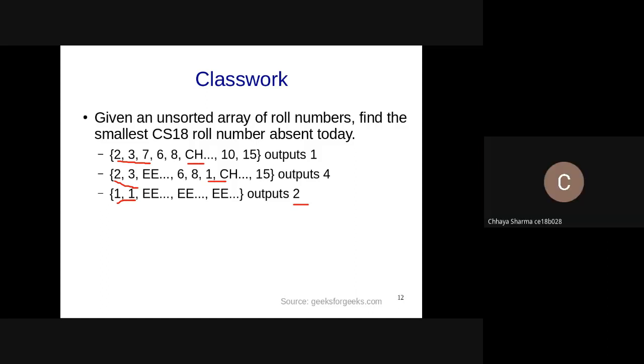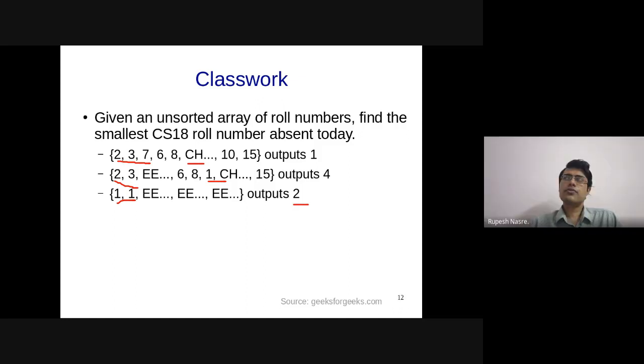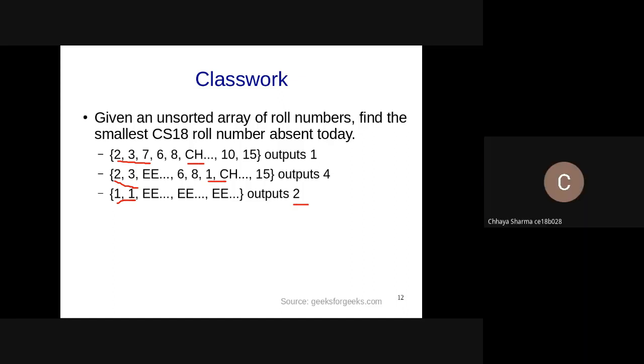So we'll define roll number 1 as absent first, and if that is present, then we'll increase by 1. We'll search for roll number 1. If it is absent, then we'll give that. If it is present in that array, then we will increase the roll number by 1. Correct.